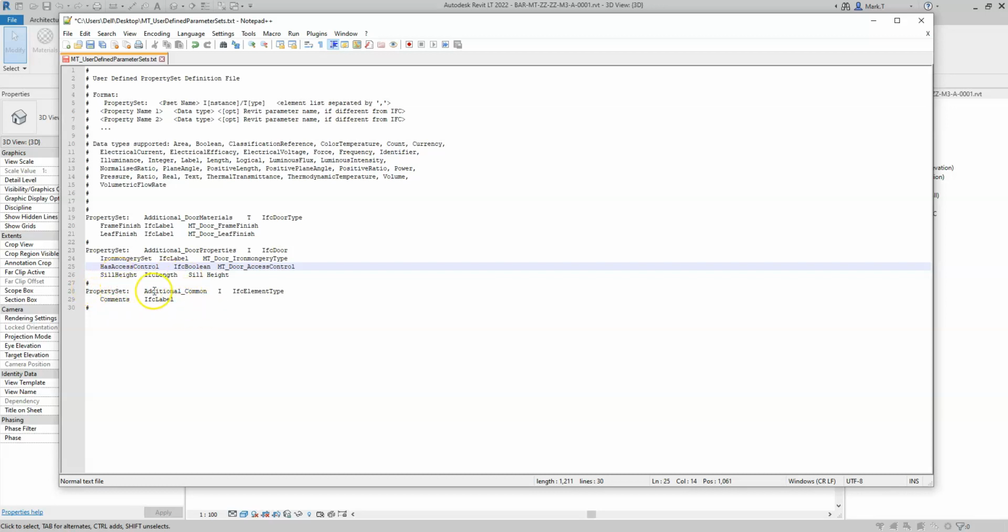I've also added another property set called additional common, and I will be associating this to each IFC element. So every element or subclass under IFC element, so door, furniture, sanitary terminal, etc. I want this IFC parameter or property to be called comments, and because it is the same as the Revit parameter, there is no need for me to complete the Revit parameter name here. Once I've saved this file,